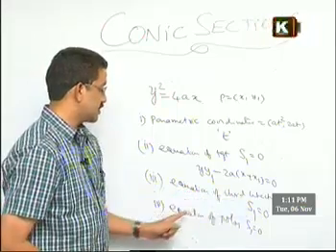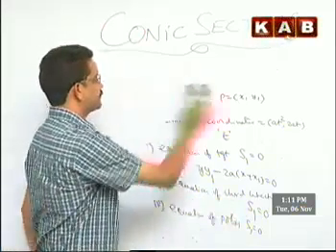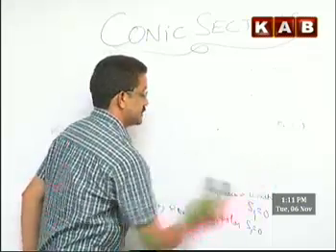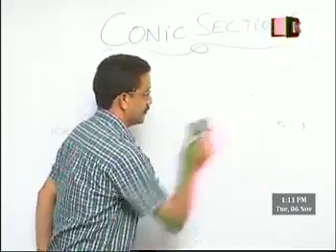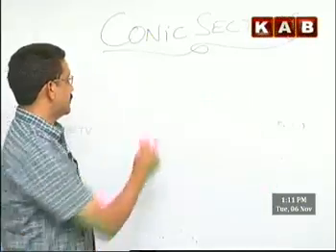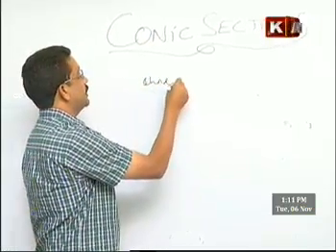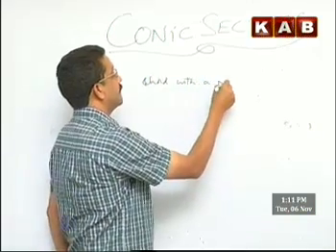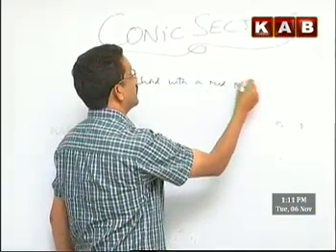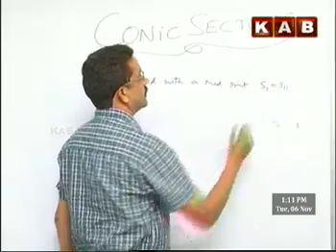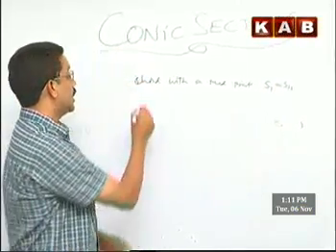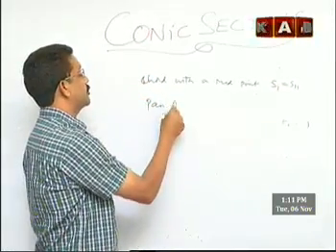Equation of chord of contact, equation of polar. Now, please let us have some background about this. If you take a chord with a given midpoint, the equation is S1 is equal to S11, S1 is equal to S11, and pair of tangents, last but not the least,